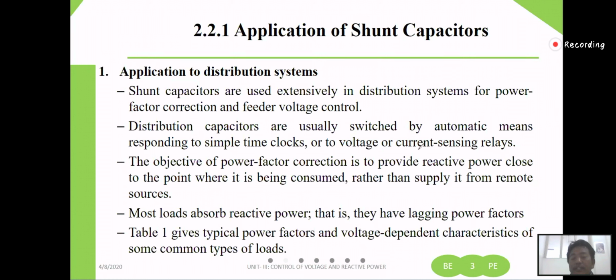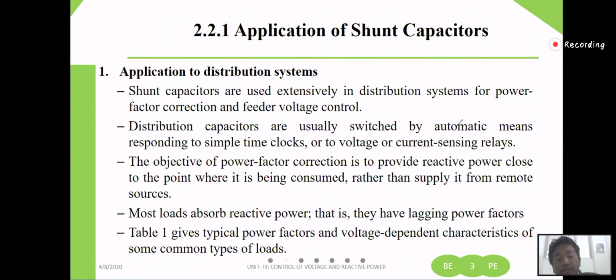Okay, so now if voltage is low, your shunt capacitor will be automatically switched on, and it will try to boost the voltages. But before that, let's see what the main objective of power factor correction is. As all of you know why we have to do power factor correction,